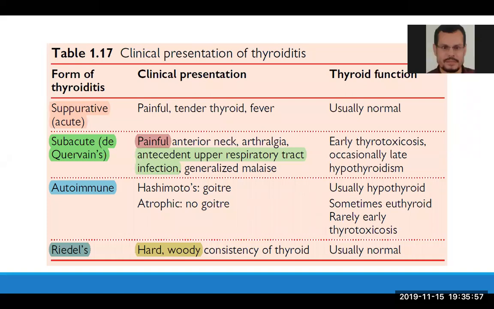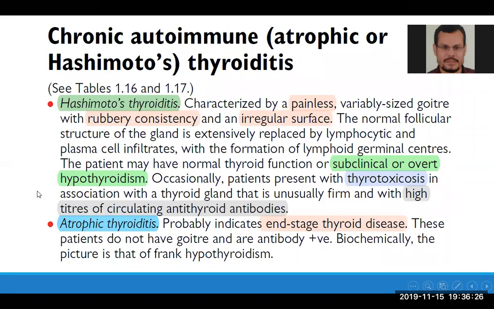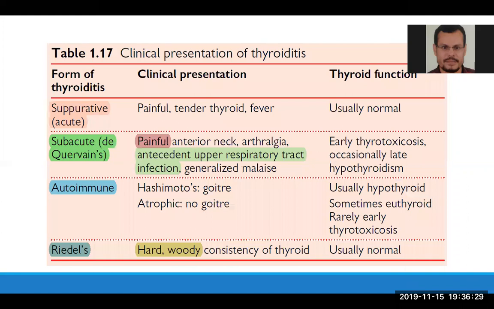Yes, it is just a marker for autoimmune thyroid disorder. But actually, for example, in Riedel's thyroiditis, anti-TPO is not positive, but in the autoimmune thyroid disease, it is positive. In subacute de Quervain thyroiditis, anti-TPO is not positive, and of course, TRAb is not positive in anyone. So it is just a marker of autoimmune thyroid disorder. But for example, anti-TPO is positive in about 100% in the case of postpartum thyroiditis. In the case of postpartum thyroiditis, anti-TPO is positive.